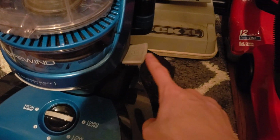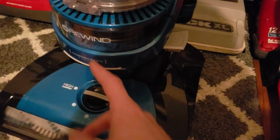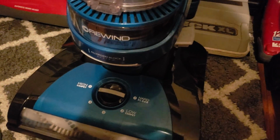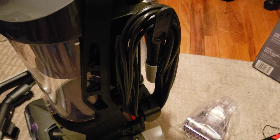You will see a pedal with the cord rewind symbol on it, so it's very simple to press that button and rewind the cord back into the machine. And of course, if your machine does not feature a cord rewind like mine does, then this part about wrapping the cord should